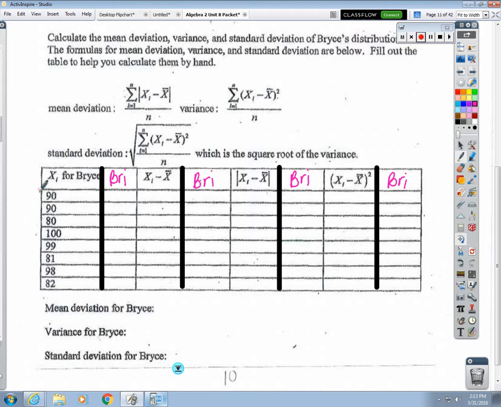Okay, now what are these numbers right here? What are these numbers? Those are Bryce's test scores, so what do we need to put right here? Brianna's test scores, which are